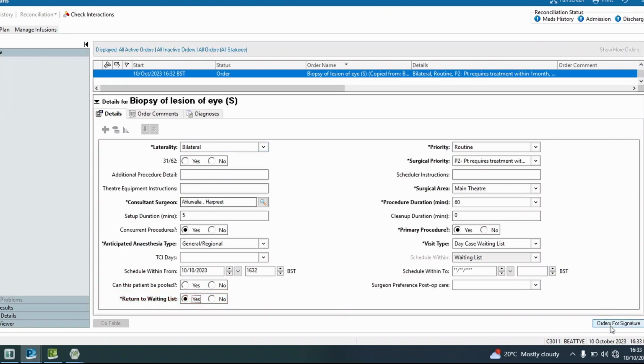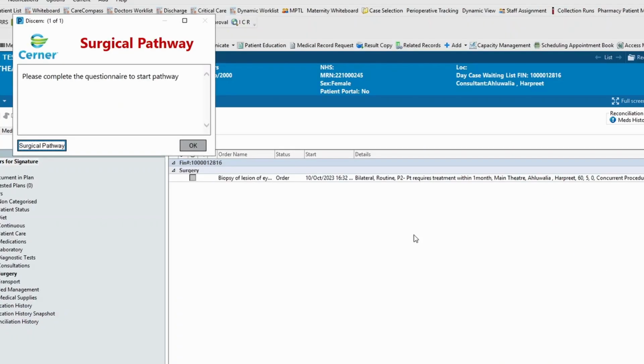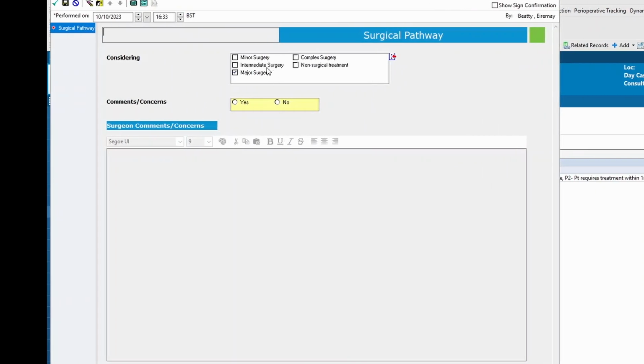We then need to select orders for signature, and then sign. We might get a surgical pathway which pops up. This is just to alert us that we need to complete this to trigger a preoperative assessment. If we select the surgical pathway button, it will automatically populate the considering section. We can add a comment or concern, and we can type into the comments box, patient's original surgery was cancelled on the day and has been